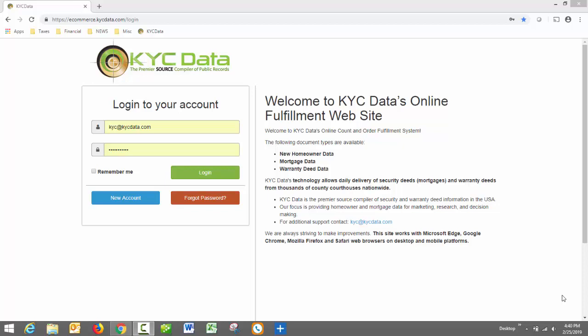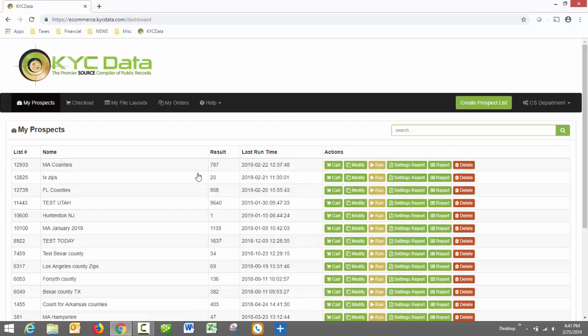So we're on the login screen. We're just going to go ahead and log in. If at all possible, go ahead and save your login information. I know Google Chrome, after you enter it the first time, asks you if you want to save it. I have said yes, so it's always just there for me. I just hit login. Okay, so now we're going to go over to My File Layouts, the third tab on